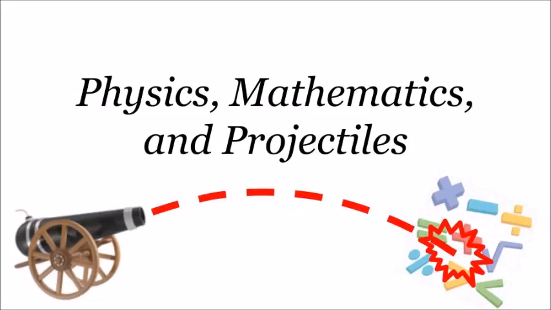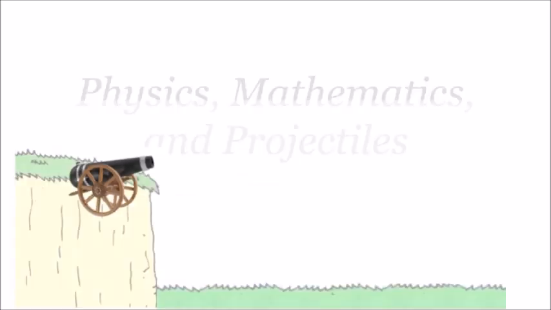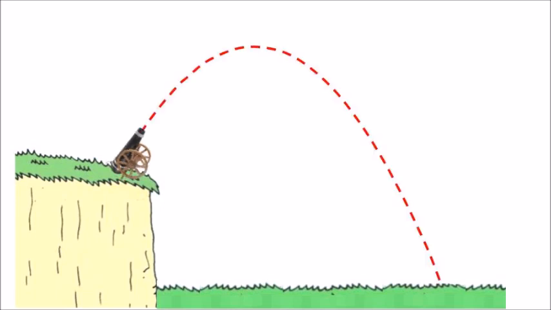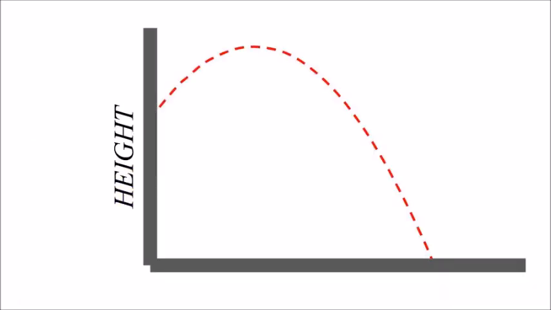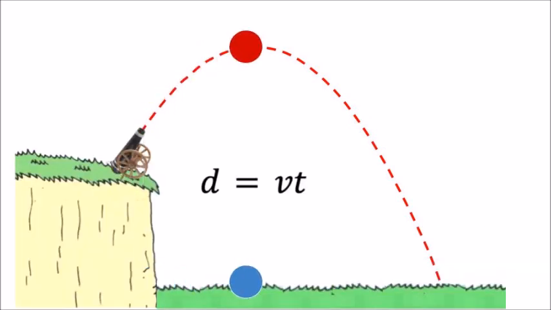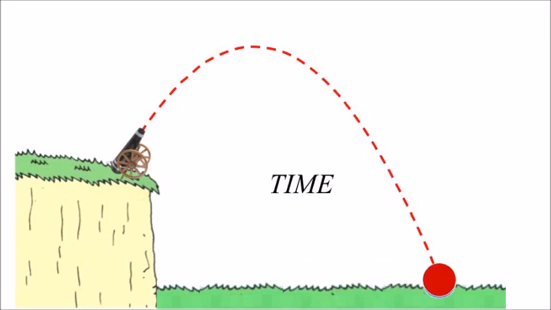Do math and physics always agree? I hope so, but does that mean that they're just the same thing? To find out, we will plot the height of this projectile versus time, not distance, time. The constant horizontal velocity means we could find the range, but this is the time as it goes up and